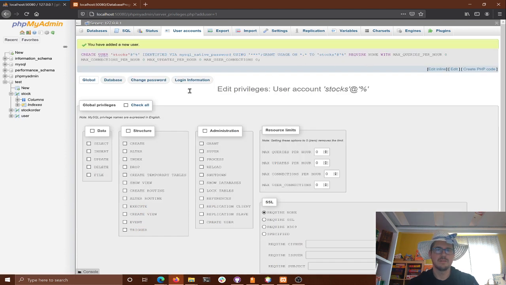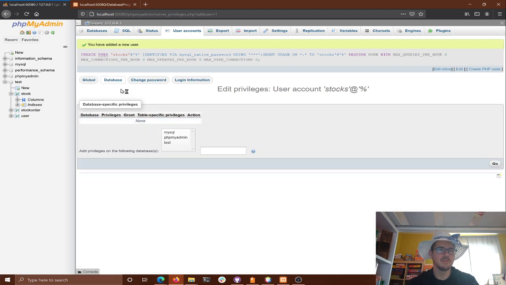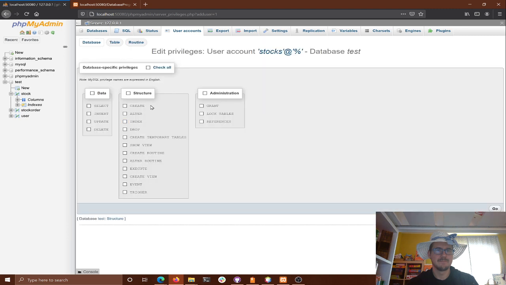All right. Cool. And now we want to find database level permission. So we want to go to the database permission, to the test database. And we want to give them data permissions.